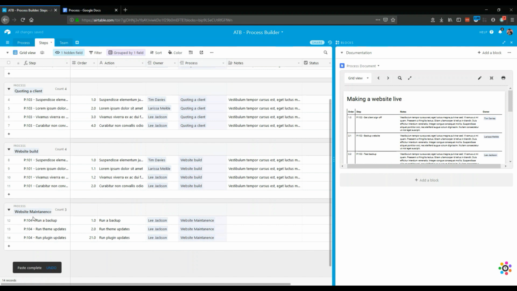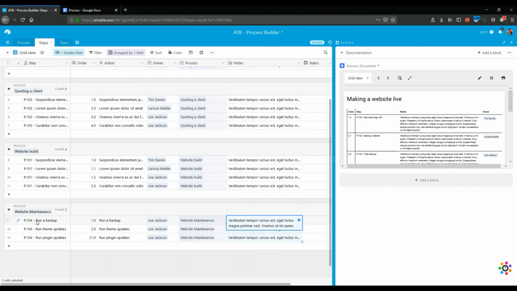So very quickly, we've built up a nice simple list of all the different steps for website maintenance, and we've also linked it to a particular team member, so we know who it is that might be involved in this. And you can link this to multiple team members as well if there's multiple people. I might also want to be putting in some descriptions here of what might need to happen, and you can add other fields to this, like attachments, or maybe link off to LastPass, etc., so people can get access to